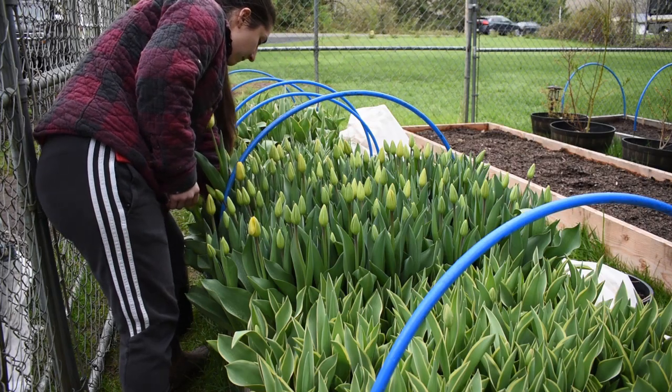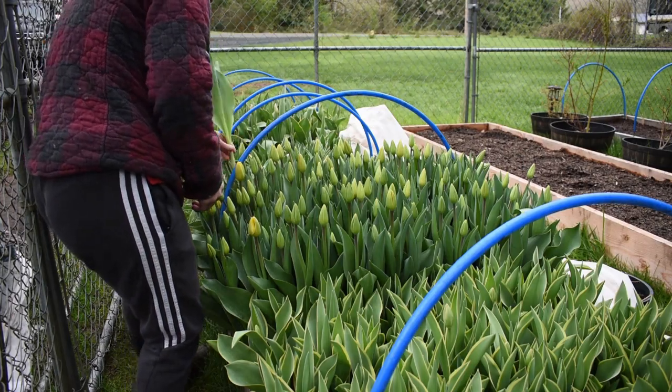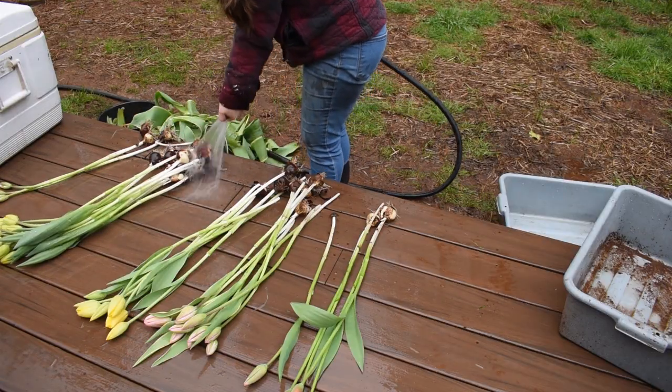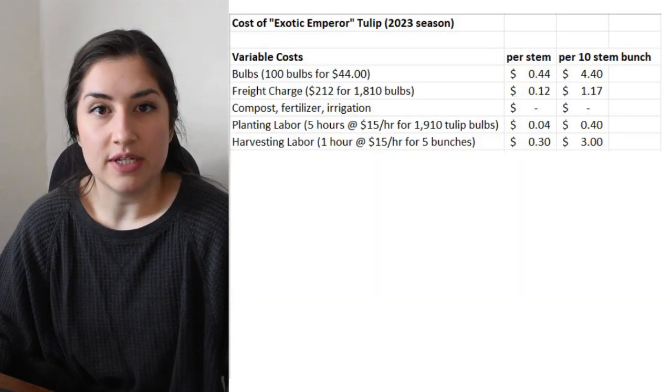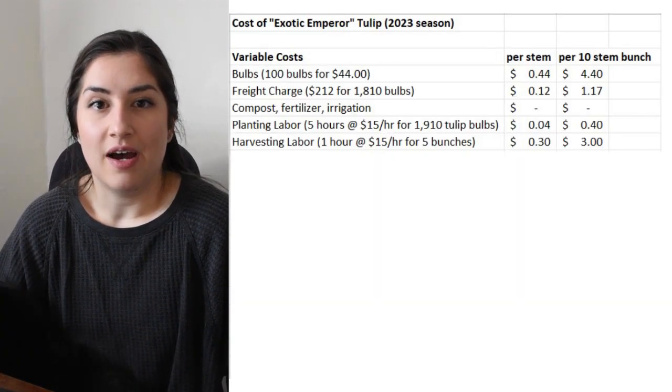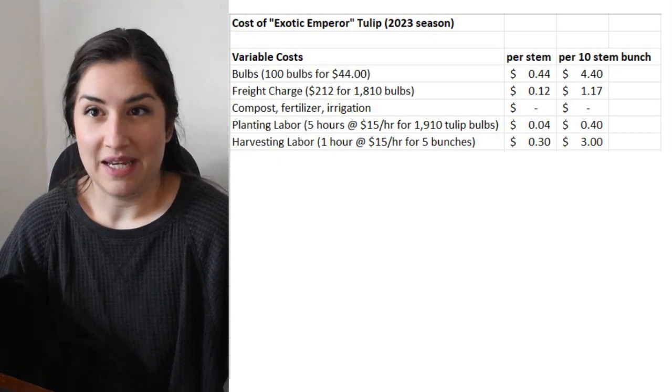You know, if you're preparing to hire somebody to do those things that you don't want to do, knowing what it costs at that rate that you would pay somebody is very helpful. So I would estimate, based on my rough information that I tracked, that it takes me about an hour to pull the tulips out of the ground when they're ready, wash them off, and cut the bulbs off for about 5 bunches at a time. So that works out to 30 cents per stem of my time to prep them and get them ready to